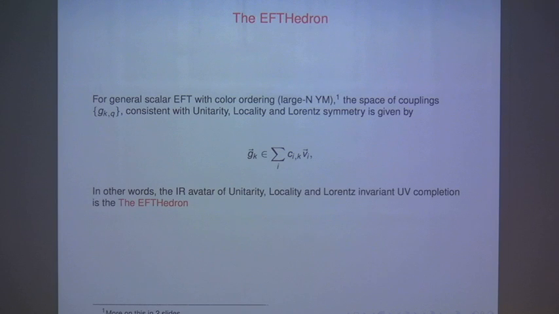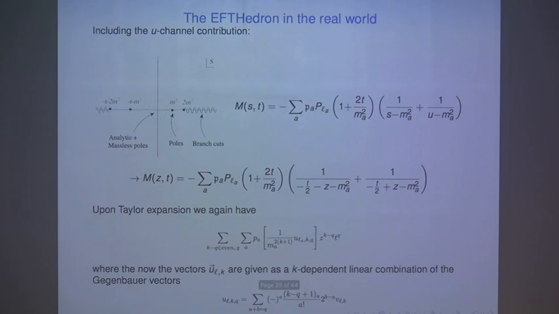Of course, let me just skip this in light of time. Of course, there I made an assumption that I only have S-channel poles. You can generalize this to any interaction which involves U-channel poles. And actually, the fact that you want to generalize to involve U-channel poles explores something more. So if you involve the U-channel poles, then you have the U-channel contributions here. And again, you do exactly the same computation. You expand out and expand the Taylor series.